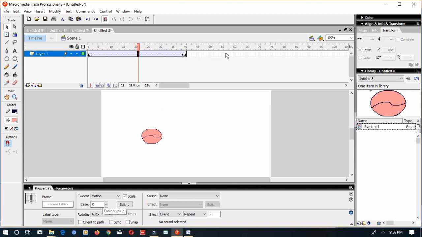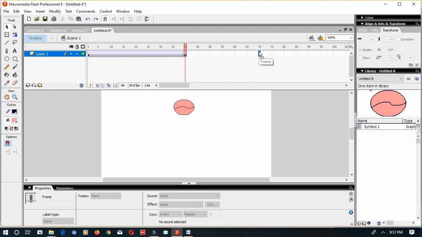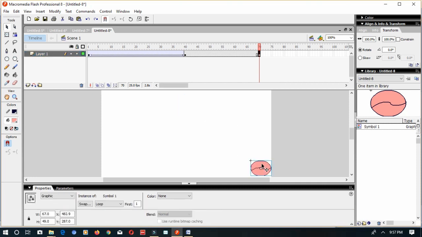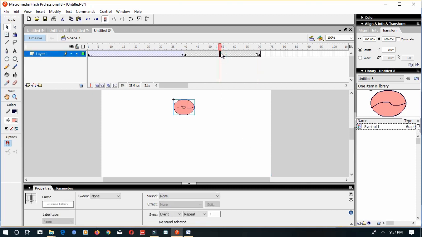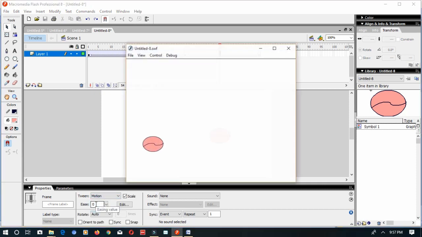Same way, I can go to some other frame, for example the 70th frame. Again I have to insert the keyframe by pressing the F6 key, or right click and insert keyframe. Now change the position of the ball. I want to give the bouncing ball effect right now. After changing the position, go in between any of the frames from 40 to 70 and change it to motion tween. Now you can play the movie by pressing Ctrl plus Enter, or the Control menu Play button, or just pressing the Enter key. If you feel the frame rate is fast, you can change it by selecting the Modify Document option.